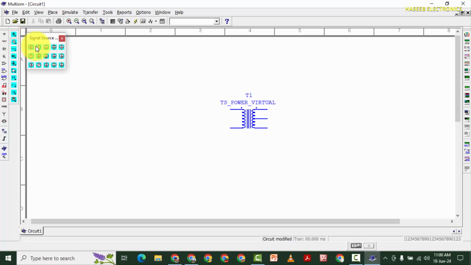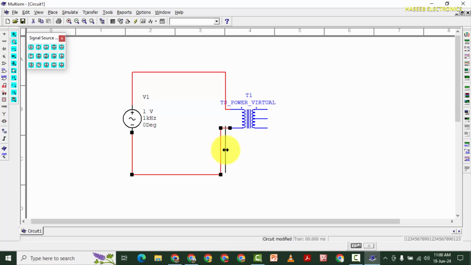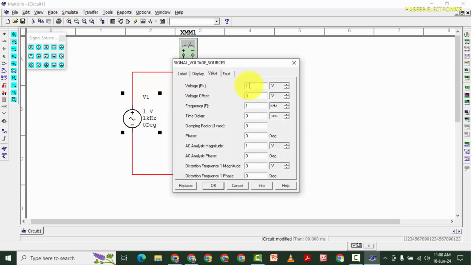I will connect AC source. I will connect multimeter here. Set AC voltage.